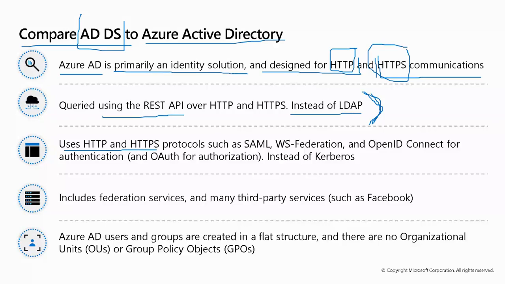It also used the HTTP and HTTPS protocols such as SAML and WS-Federation, the ones we saw for authorization, instead of Kerberos. Kerberos, as I said, is really trusty, but it still has its things. It's kind of old. We have better ways to do that, and there's blockchains and stuff. So Kerberos is still working, but